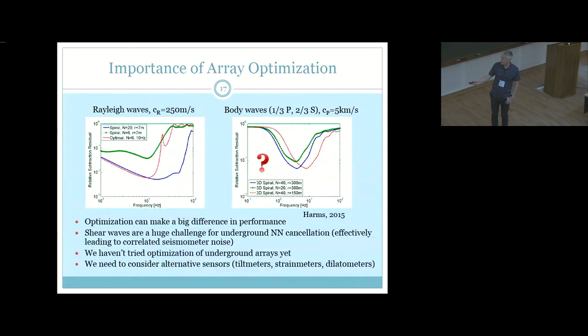Something else that we may consider, I mentioned this here already in the list, we are always assuming that the sensors we use monitor vertical displacement of the surface. But there are other seismic sensors like tilt meters, strain meters, and even dilatometers could in principle be used. None of these yet have been developed for the Newtonian noise band, but people tell me that at least for tilt meters this would be an option. We could do this. We could have tilt meters. And it turns out that tilt meters are the closest we can have to mimic the gravity signal.